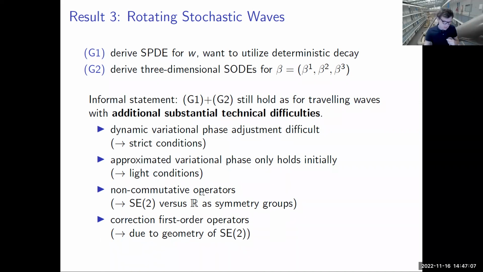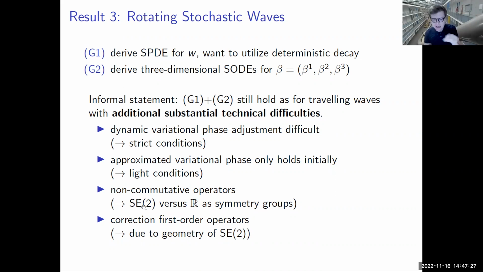We get certain new interesting operators out. So when you do the equations and you write them all down, you actually get certain non-commutative terms which come from the non-commutative part of SE2. So SE2 is not a commutative group, but it's non-commutative, and you get additional terms for that.